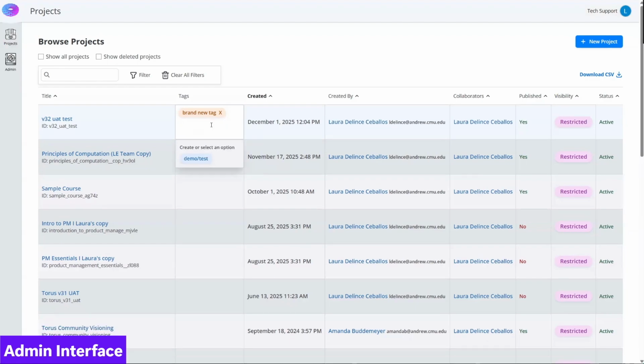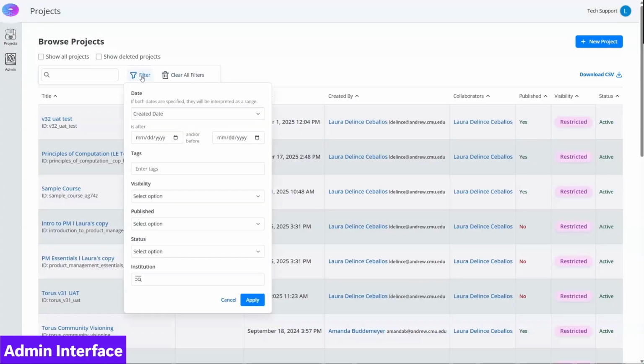From here, I can also demonstrate the improved search and filtering. Here you can see that we have a filter and clear all filters button. From the filter menu, I have a variety of filter criteria, including creation date and date range, tags, and here I can use the tags that I was demonstrating before, visibility, depending on whether it's open, restricted, or author only,